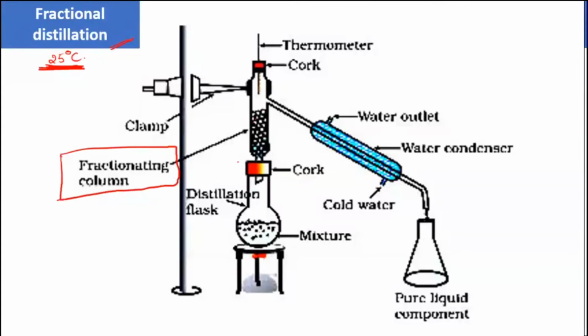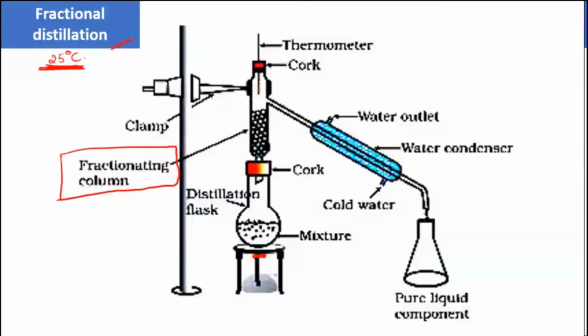Okay, it is just to slow down the speed of the two liquids, so one can come and escape out and then the next can slowly come. This is like you have put stones in between, so the liquid will take time to escape, correct? So that's the reason why this fractionating column is used.